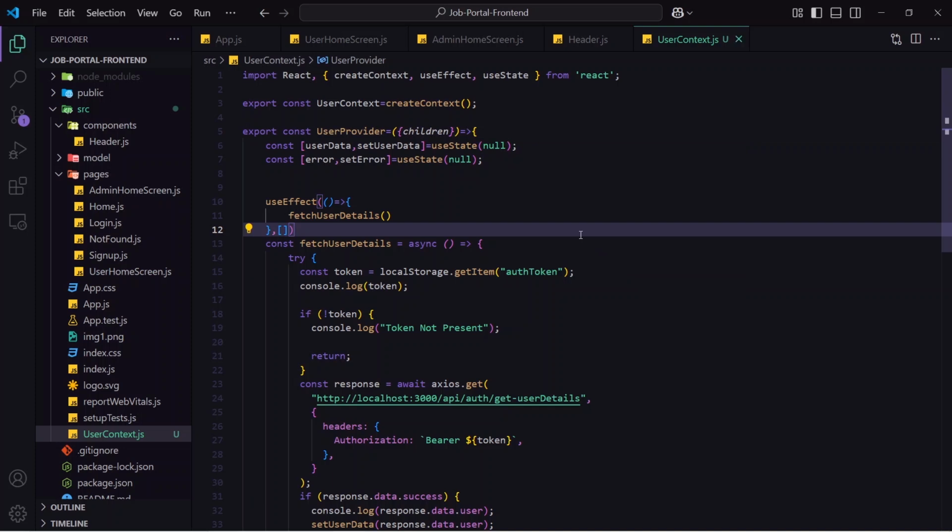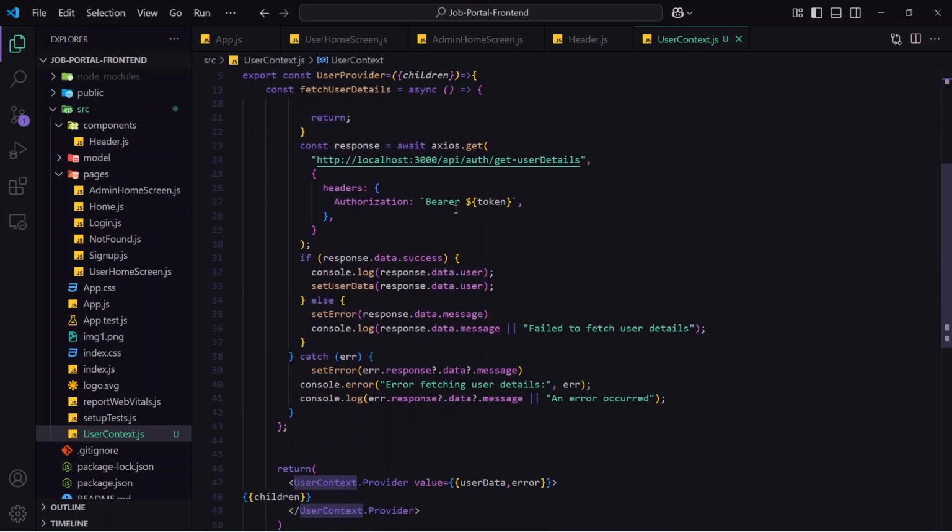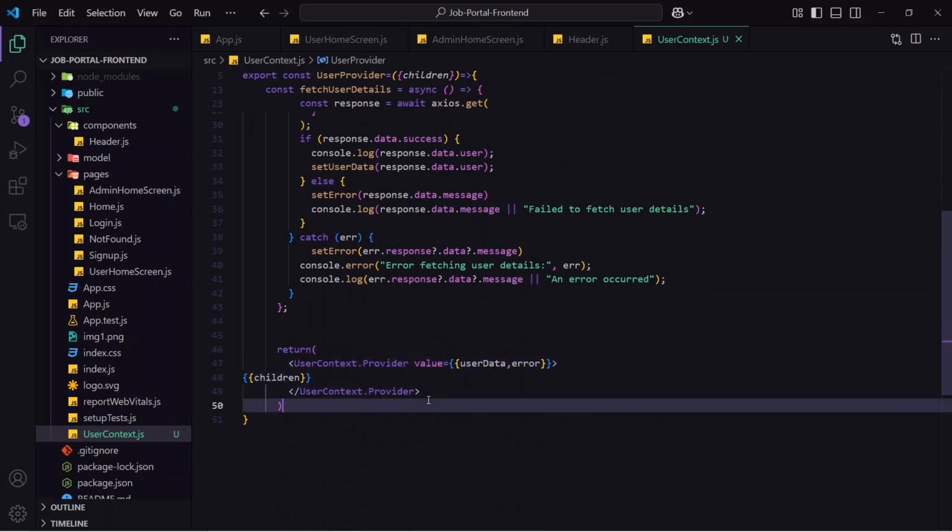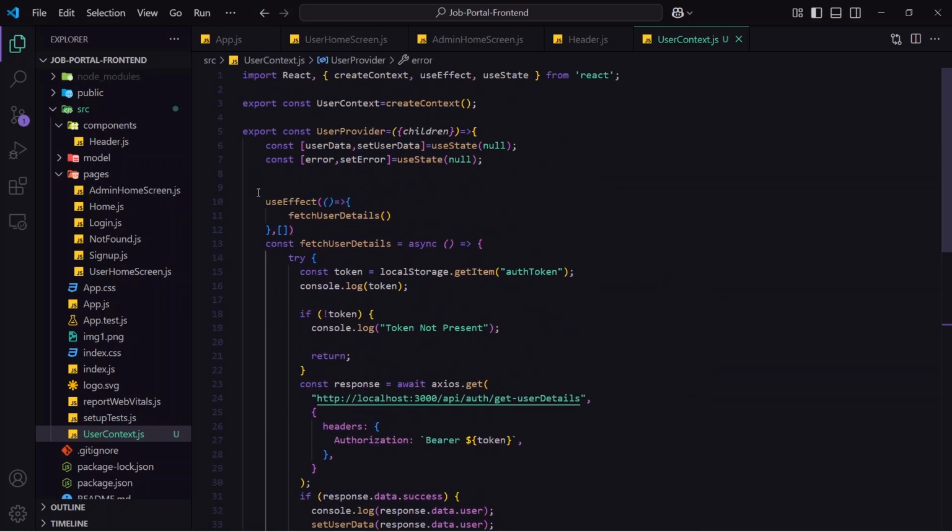So our user context is ready. You don't have to do anything. You just have to come here and create the user context. This is like a storage. Now we have to provide the data to it. So that data I'm providing like here. This value we are providing, and this value we are getting inside this component by running this